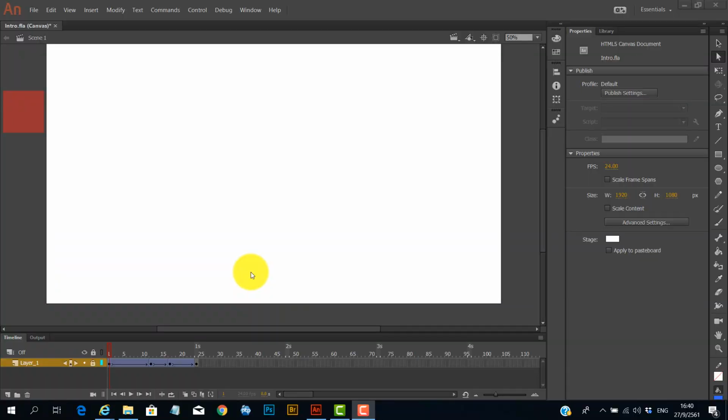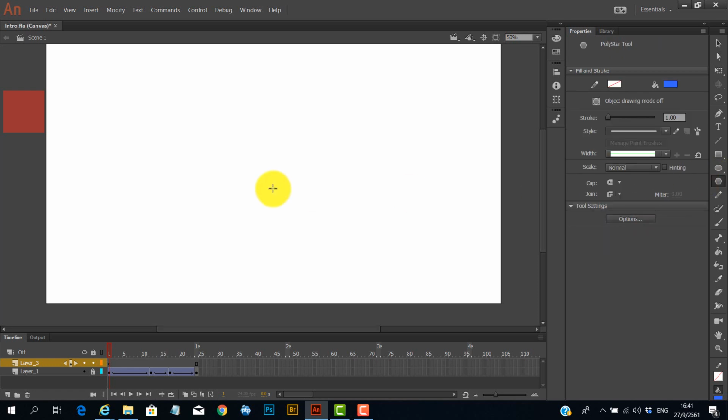As we informed you earlier, one layer can contain only one symbol. If you'd like to add more symbols, you can add a new layer first. In this case, I lock the current layer and go to the next layer by clicking on the new layer button on the timeline. And then when you create a new layer, you can select. In this case, I go with the Polystar tool, and you draw that Polystar onto